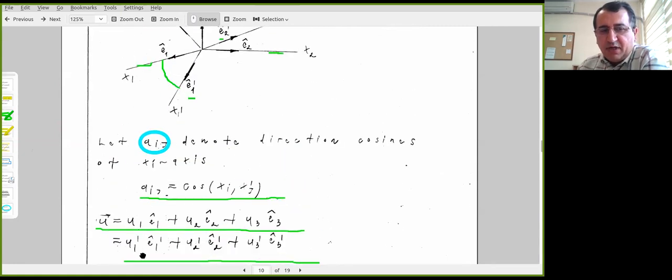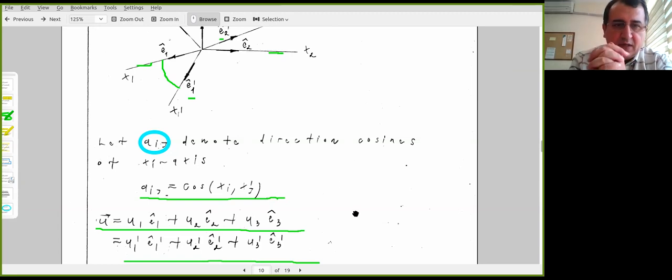So v is v1 prime e1 prime plus v2 prime e2 prime plus v3 prime e3 prime. Two different ways of writing the same vector, but I can express a unit vector, for example, e1 hat,